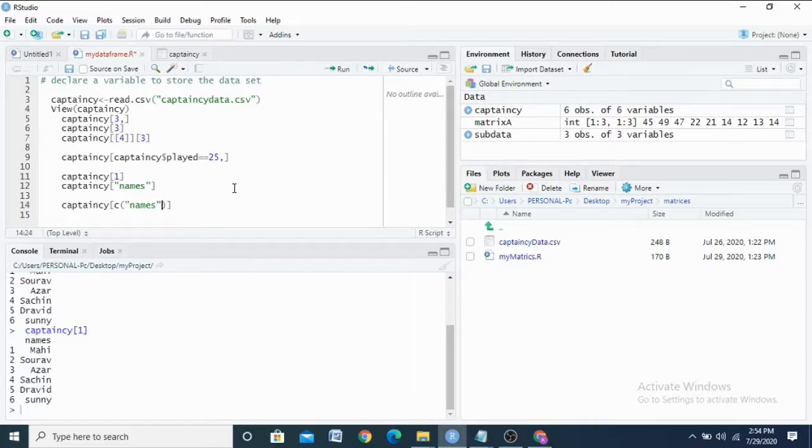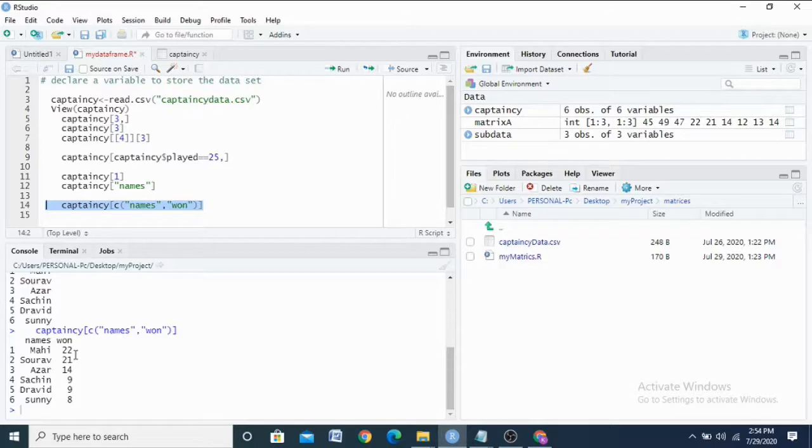So I have to use the concatenation operator, names, won. So I need only 2 columns. Just see what's the output of this.